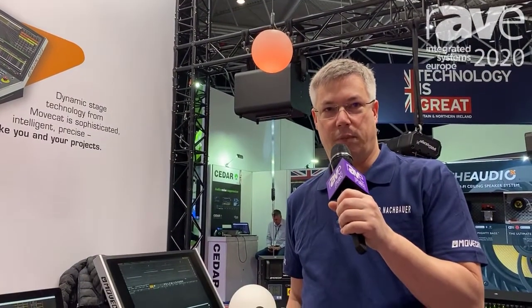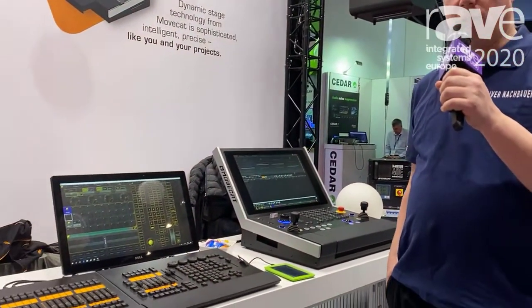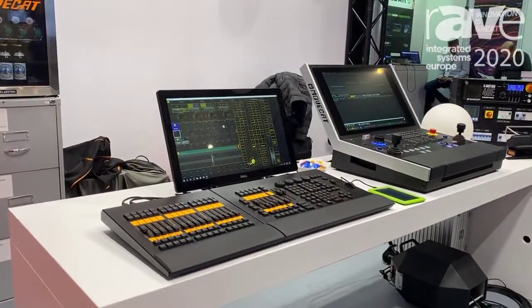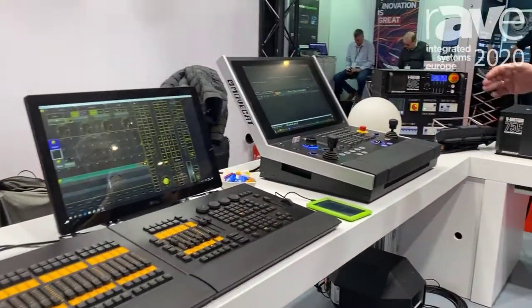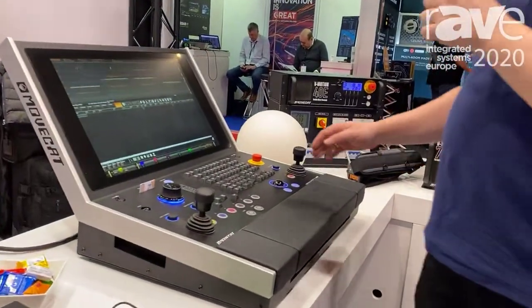This is Oliver Nachbauer speaking, the CEO from Movecat in Germany. Movecat is focusing on kinetic stage solutions for the entertainment technology sector. And I would like to present the AirMotion family, which is starting with the XPT desk, a desk with a